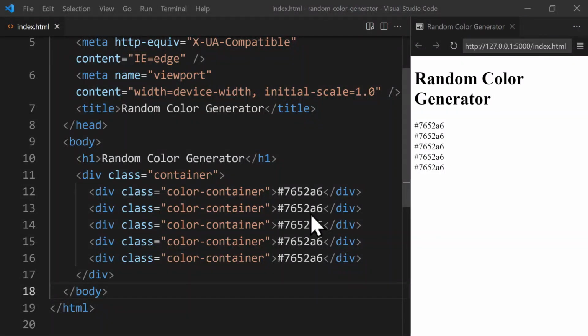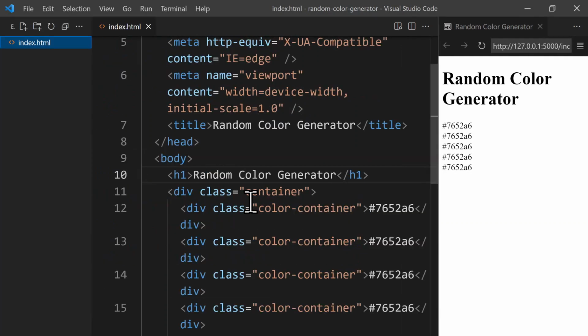All right, in the last section, we have finished with the HTML part of our project. In this section, we are going to start styling our project using CSS. First, we need to create a CSS file. So we open the Explorer section using Ctrl-Shift-E, and on the left side, in the Explorer section, we right-click and we click on the new file. We name the file